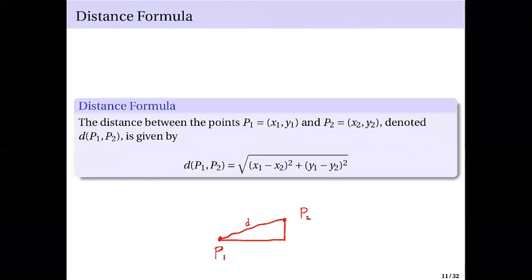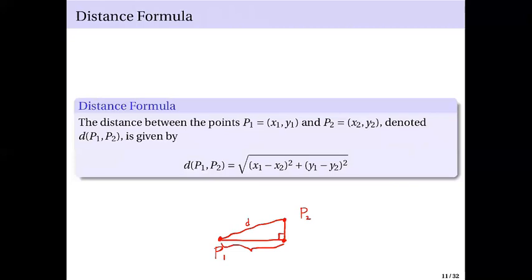So this point here, we know is some point on the Cartesian plane. And assuming that this is your right triangle, if you calculate this distance here,